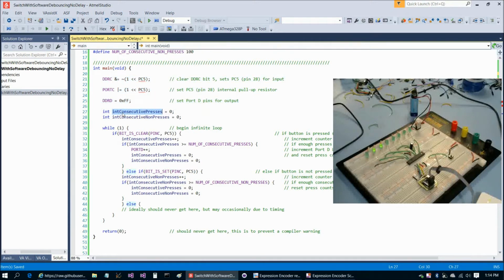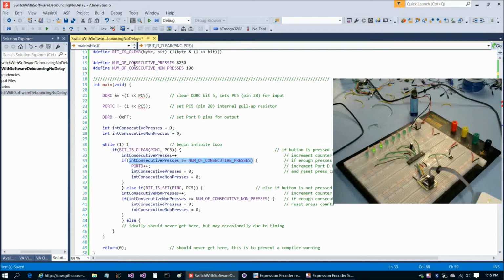and we set up the pins just the same as in the previous program. Then we declare these two variables here, int consecutive presses and int non-consecutive presses. So when we come into our while loop, first we're going to check, is the switch pressed? If it is, we're going to increment consecutive presses. And if our number of consecutive presses count has reached our number that we consider to constitute a press up here,